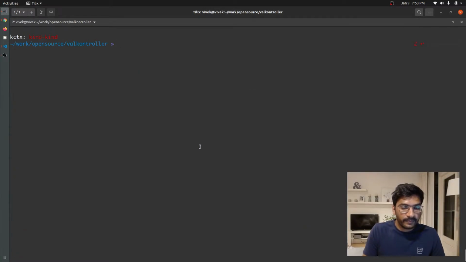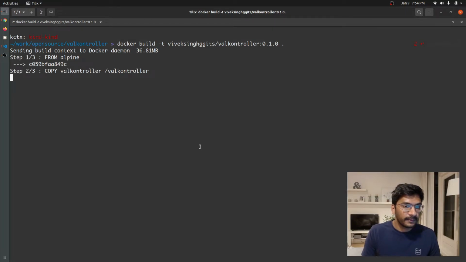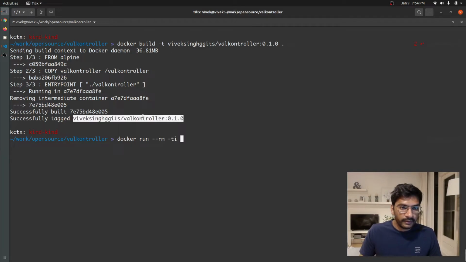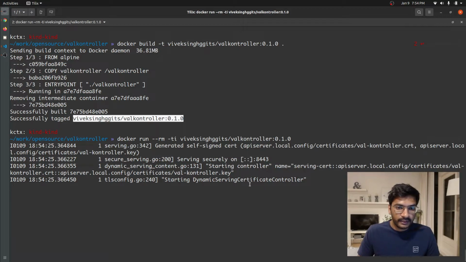So docker build -t, and we are going to name it val controller:0.1.0, and let's see. Okay, so the image has been built. If we try to run it, docker run --rm -it, and if you see here,